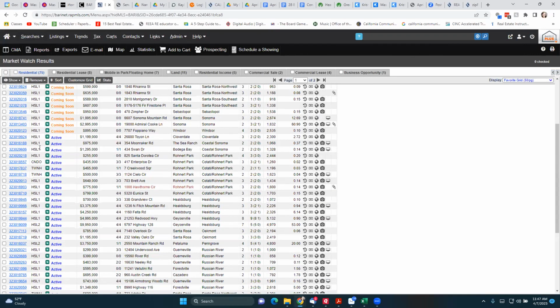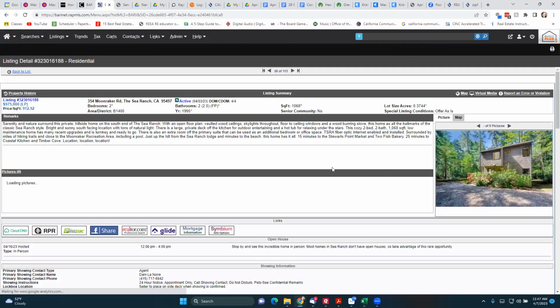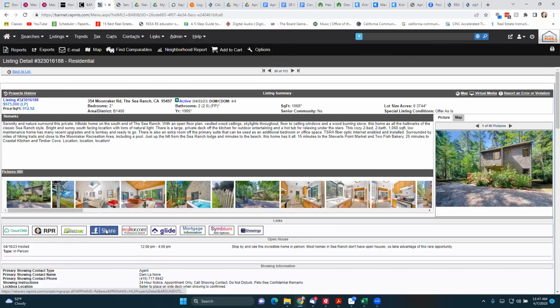Let's see, Moonraker Road. We'll try the Sea Ranch. See if any of this is going to work, or it's just going to be too slow. There we go. So when you're looking at a specific property, right here where you've got your Facebook share and Glide and everything, and ShowingTime, there's also access to Symbium.